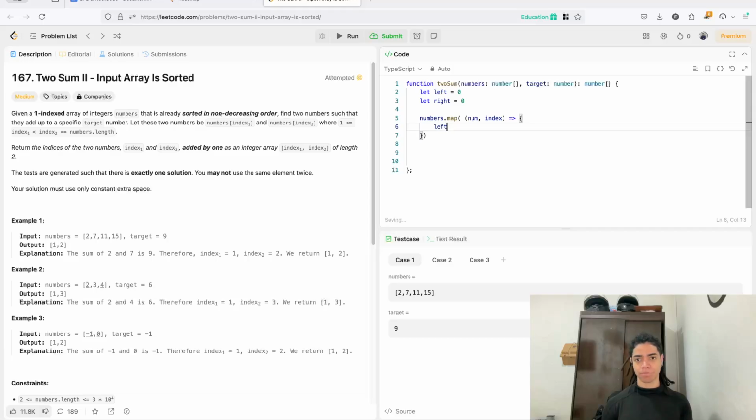The left values will be whatever we have in the numbers at the left position, which is the index, and the other is the right, that is the numbers at the